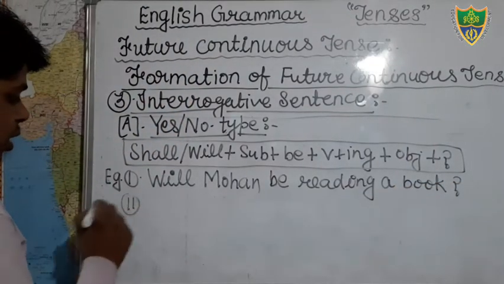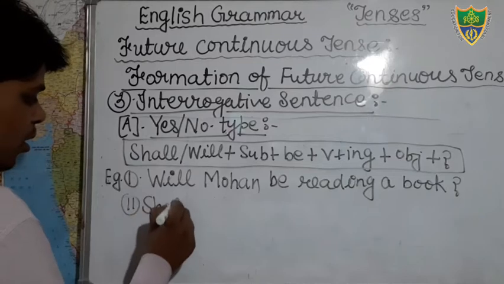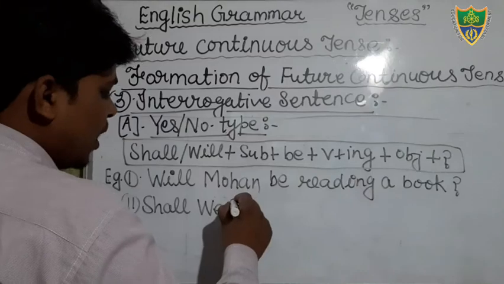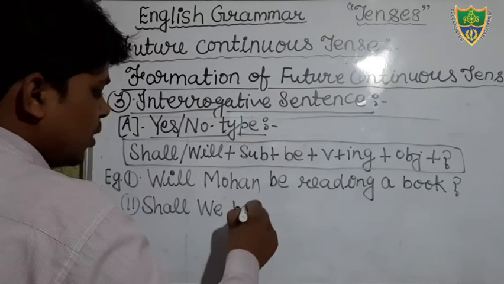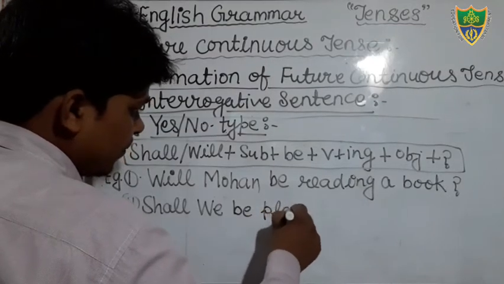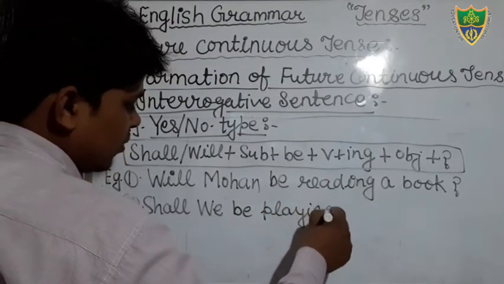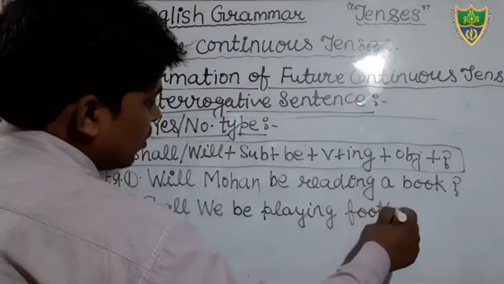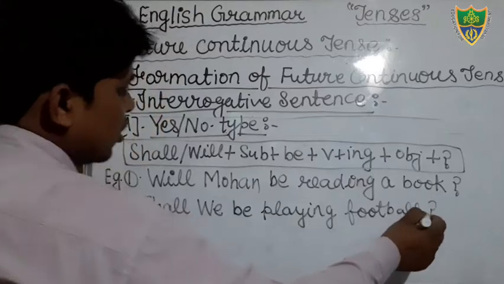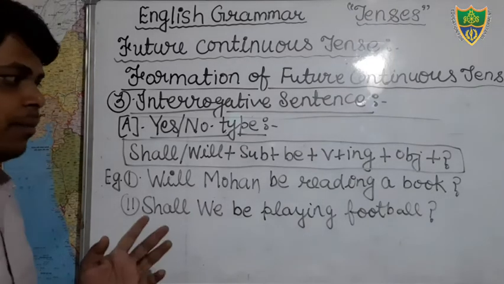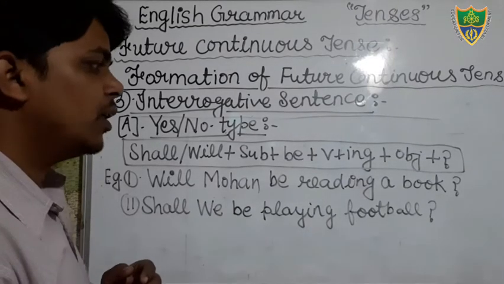One more sentence we can see: Shall we be playing football? These two sentences are based on the structure shall or will, subject, be, then verb, then ing, then object,